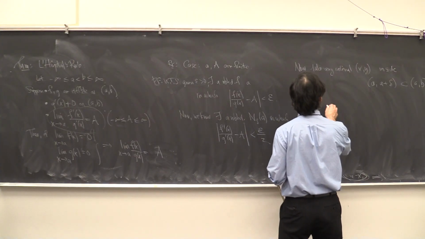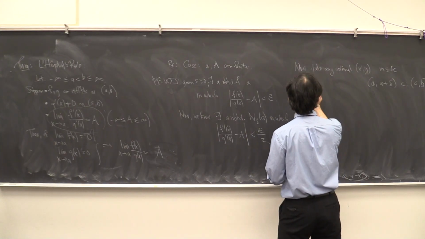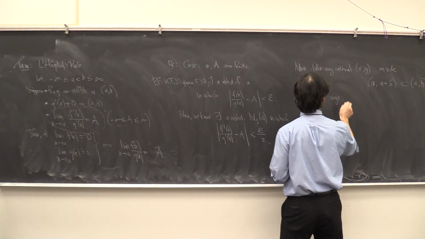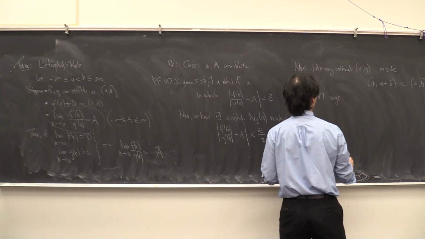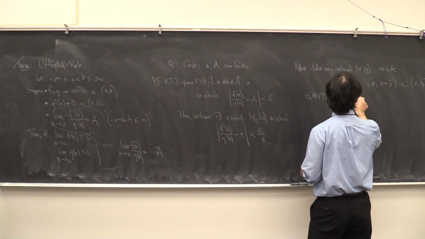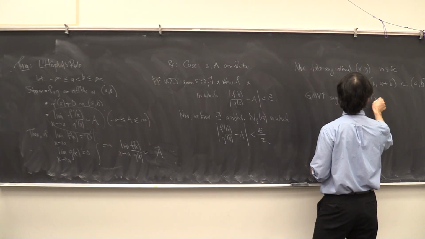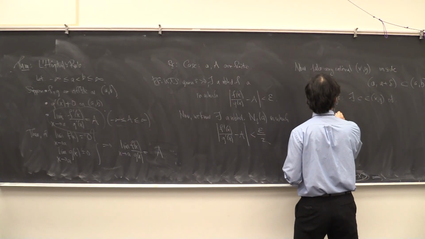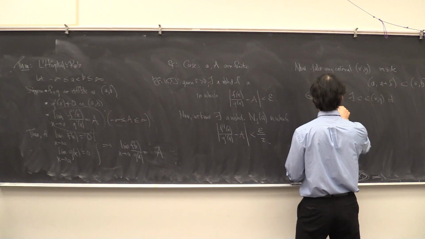Then the generalized mean value theorem says that there's going to be a point c in (x, y) such that